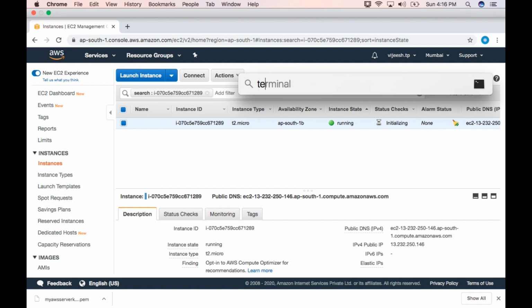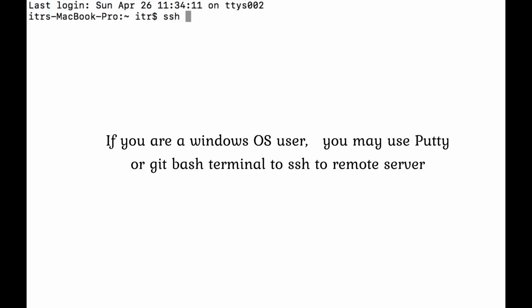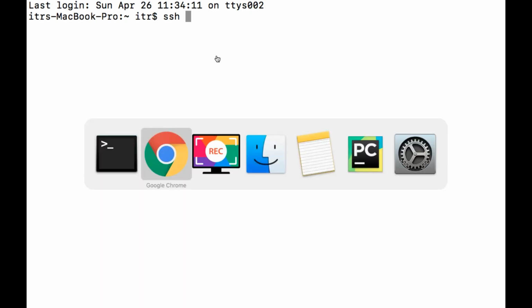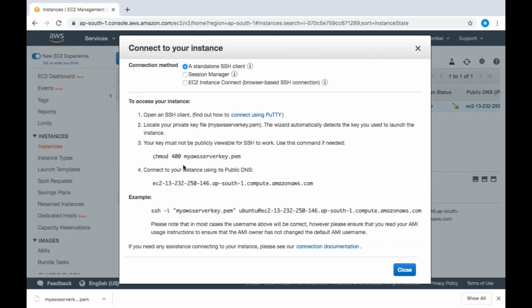For doing that, I am opening a terminal. In the terminal, use a command called SSH to connect to a remote server. So we can get that command from here. If you click on connect, AWS is providing some suggestions, like we have downloaded one security private key, right?